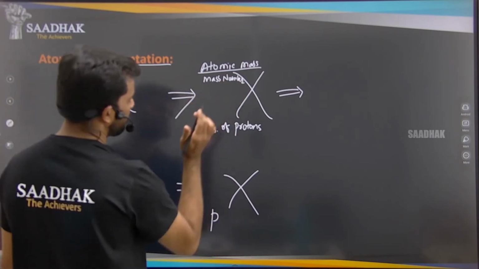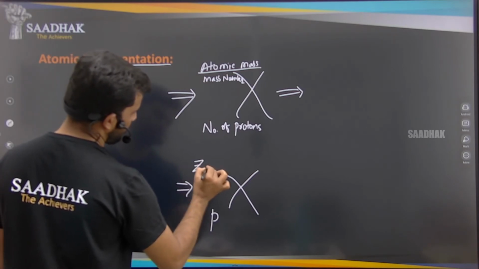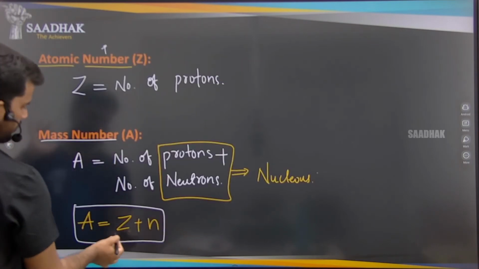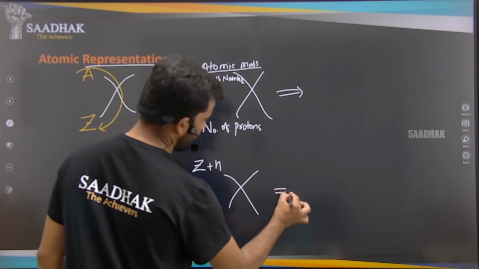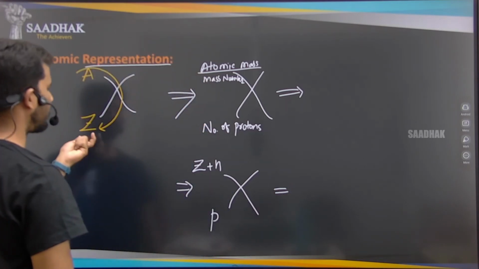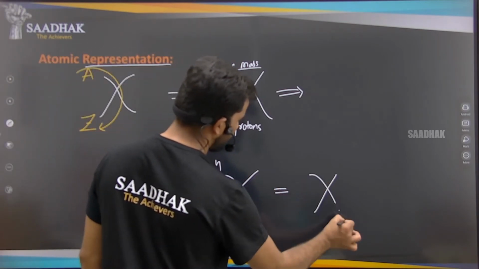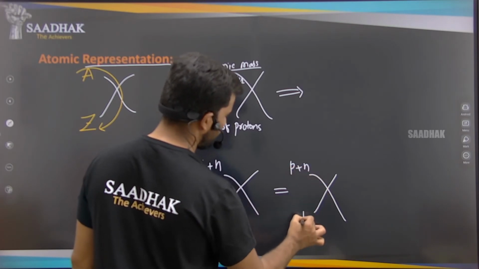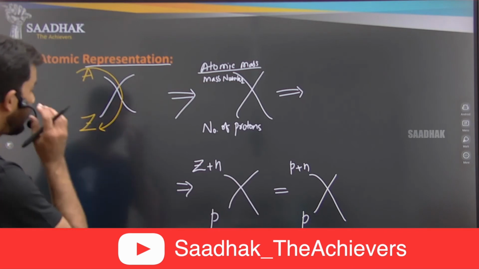Then mass number, what is mass number? We have learned just now, it is Z plus neutrons. What is the Z here? Z is again the atomic number, which is P. So we can also remember it as P plus neutrons. So are we representing electrons anywhere? No. But we know that